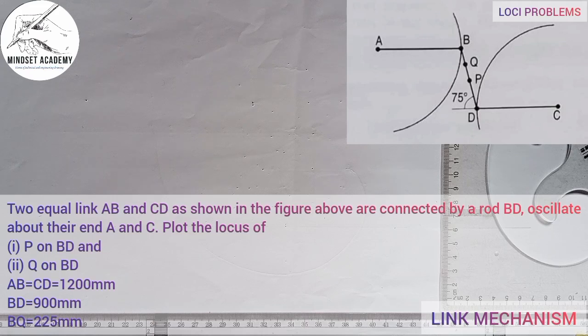Then we are given the dimensions as AB equals CD equals 1200 millimeter, BD is equal to